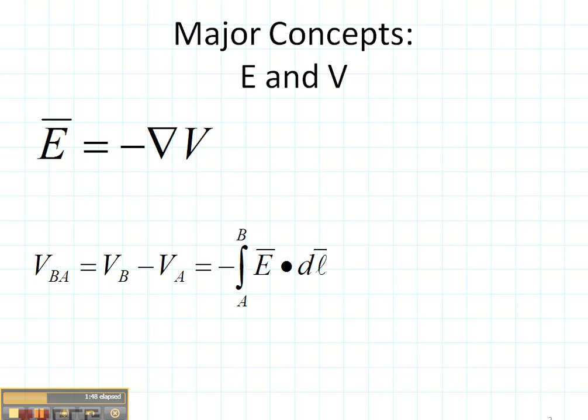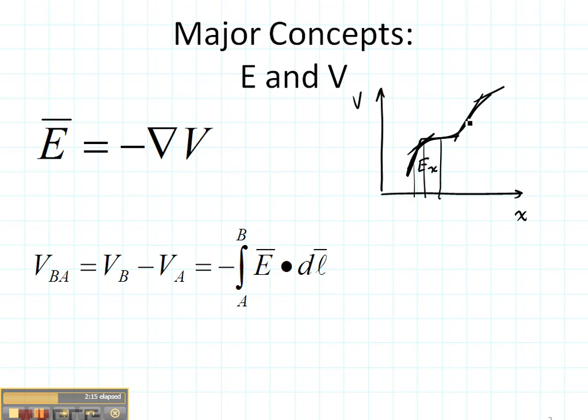The electric field is minus the gradient of the potential. What that means is the electric field is represented by the change of the potential. So let's consider the function that I just drew a minute ago, which is the potential and how it varies in the x direction. The slope of this line is the electric field in the x direction. So the slope of this line is Ex here. So you can see that the electric field is stronger at this location than it is here. When the electric field is strong, the potential has a lot of variance.